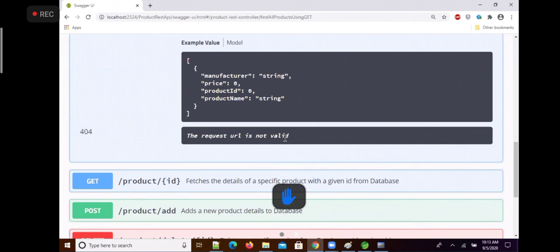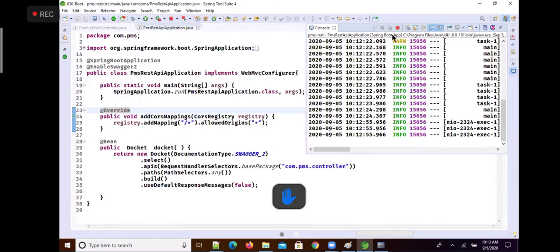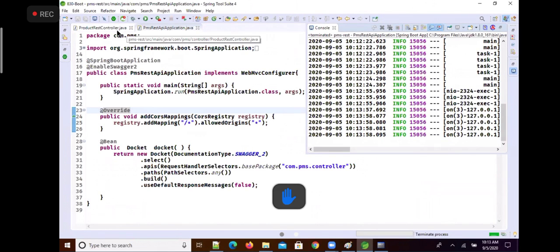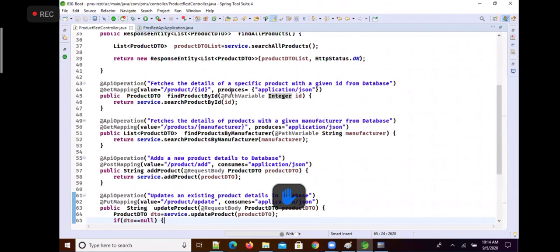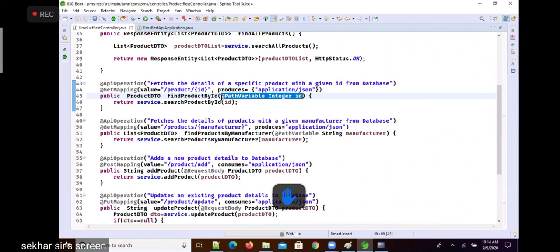We can also use the @ApiParam annotation for parameters, so that I'll also show you. See, for example, you want a description for a parameter. If you look at this path variable, integer ID path variable, to this path variable I would like to add the ApiParam annotation to write a description for the parameter. So what annotation can I use now? @ApiParam, with the message. The message is just the ID of a product.